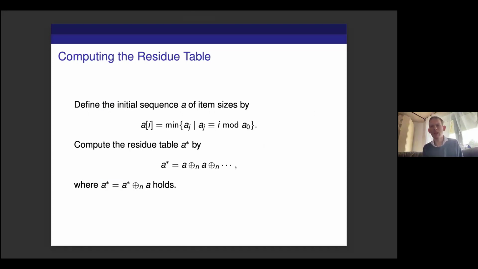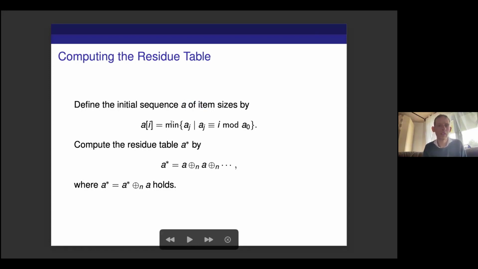So how are the problems connected? Like how can we compute the residue table by using min plus convolution? That is actually not very hard to see, and the idea is simple. We can define some initial sequence. We just fill the table with the initial item sizes,